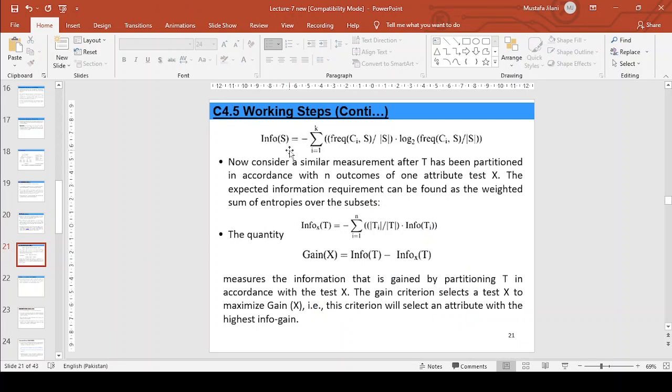For the whole sample, we calculate the information contained by that sample. Sample means that whole T. T means your table or data frame or database. Basically, it is considering how many samples belong to class 1 out of the sample size, times log 2. Log 2 means it's bits, signals, and therefore this term times log of this term, same thing for class 2.